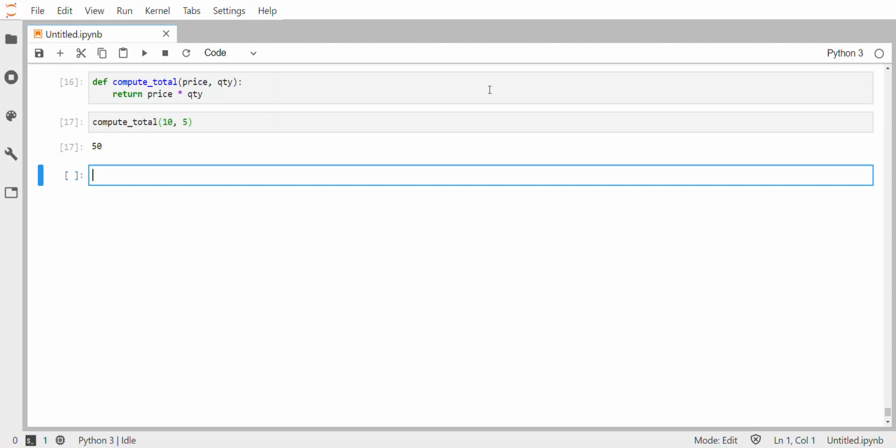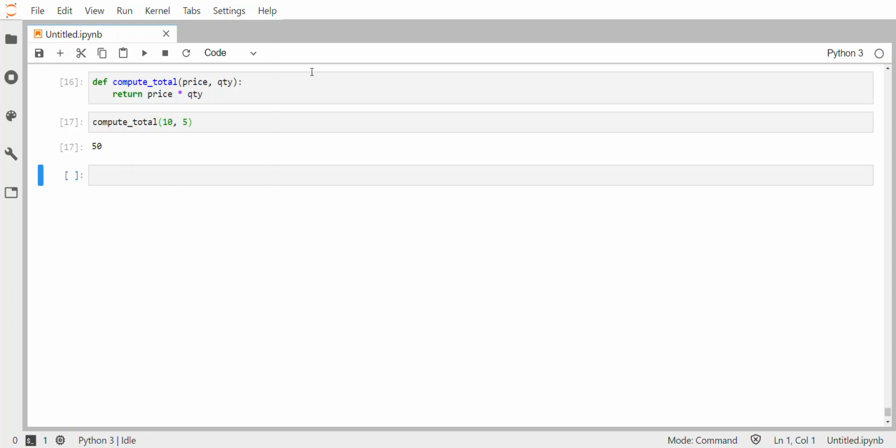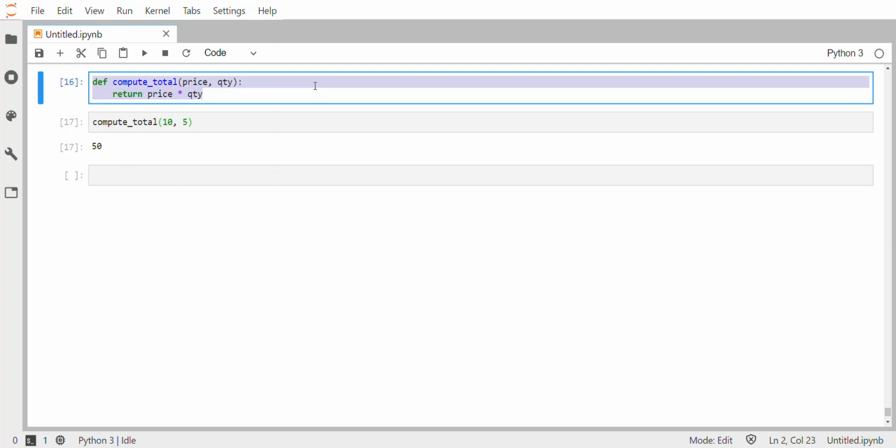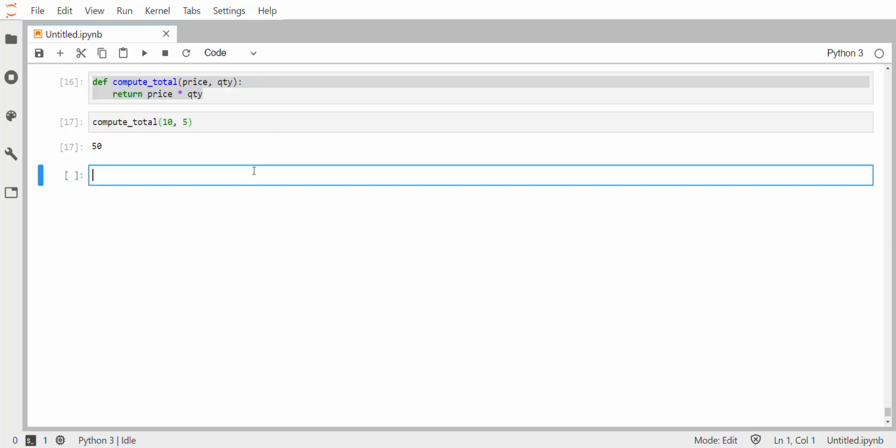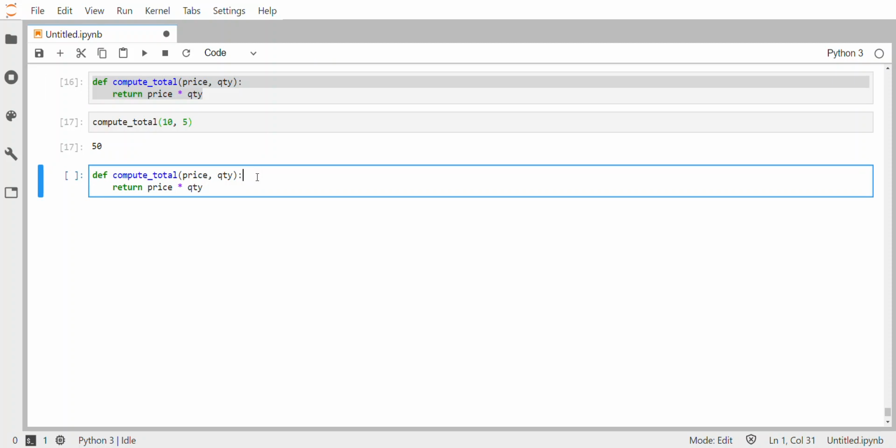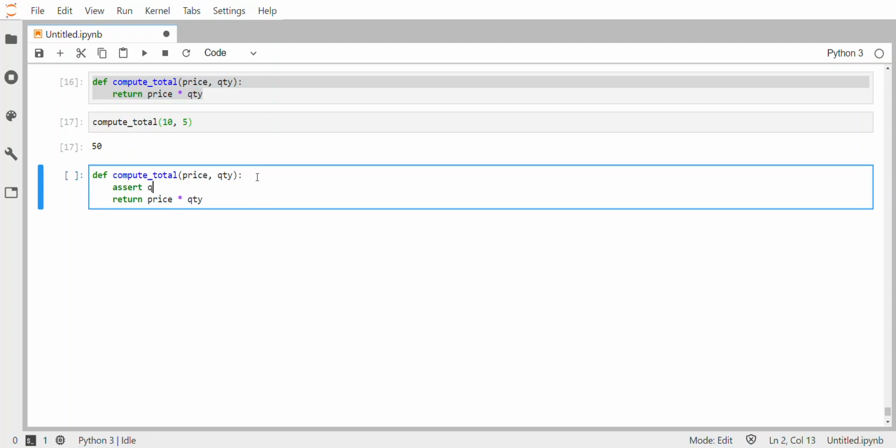So how do we really check that this works, right? Let's find out. In our simple example, remember, compute total, price, quantity. All you return is price times quantity. Now all we have to do to our code is enter a simple extra line: assert quantity is greater than 0.